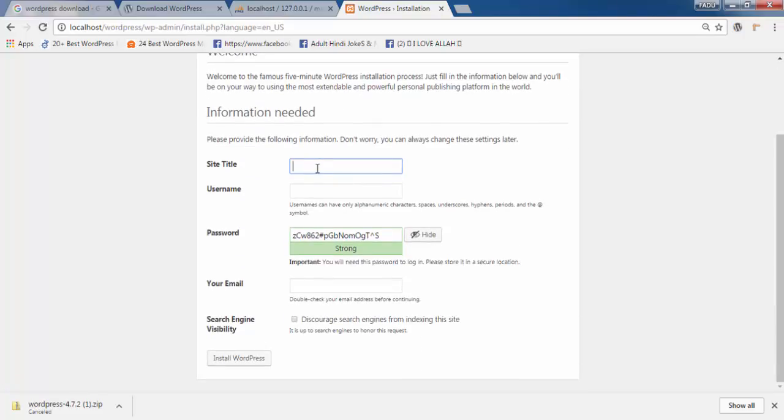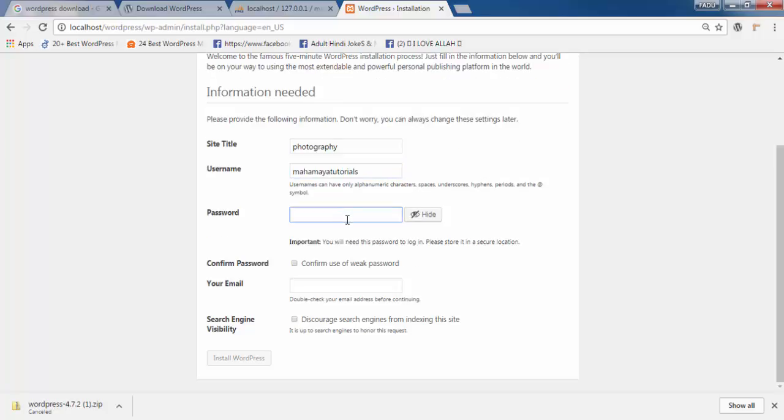Write your website name, whatever website I want. Let's say I'll be creating a photography theme. For the username I'll write Mahamaya Tutorials. Next, my password.